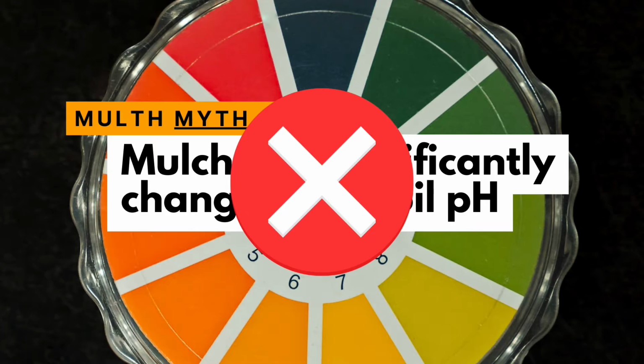Different regions will have different pH levels, levels of acidity or alkalinity in their soil, and this affects what plants can grow where. This can be changed slightly with the right amendments and time. However, it is a myth that mulch will significantly affect your soil pH. It takes a long time, like many, many years, for bark or wood chip mulch to start affecting your soil pH, enough to even have any effect, or go so far as to change the type of plants that you can grow in your soil.